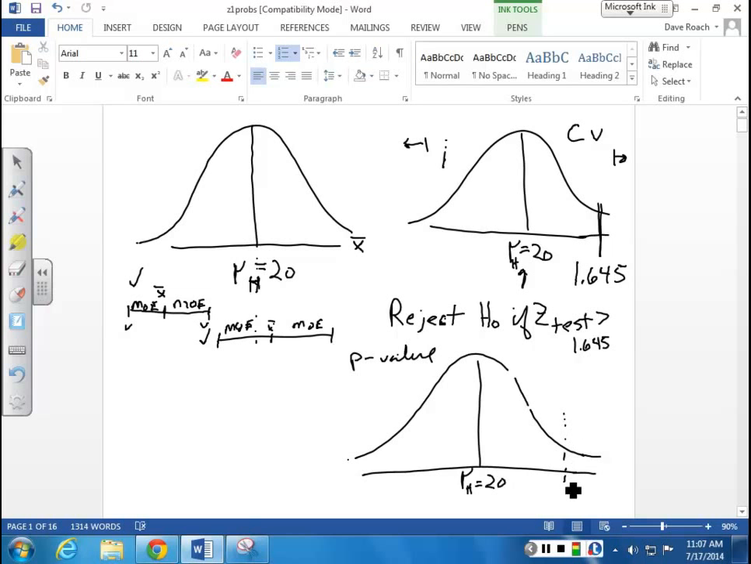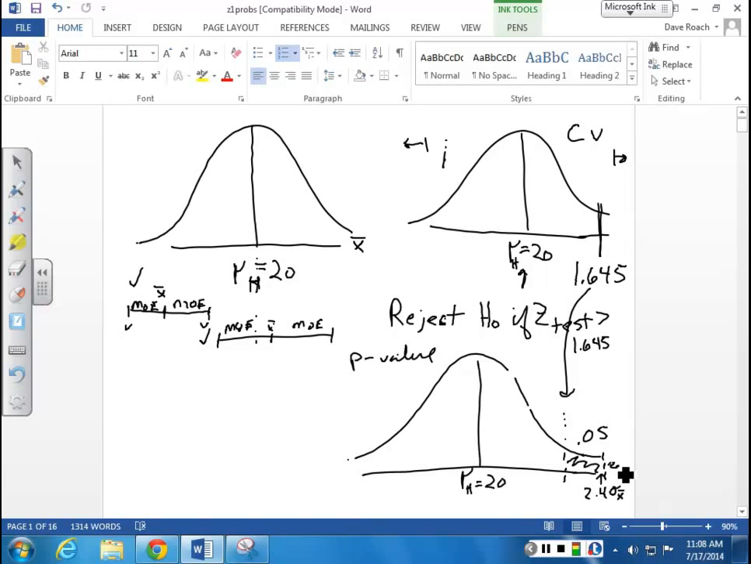And if we had z of 1.645, this area is going to be 0.05. That's called alpha, or level of significance. So when we compute the z-test again, we might get, let's say, 2.4 standard errors above the mean, and the p-value is going to be